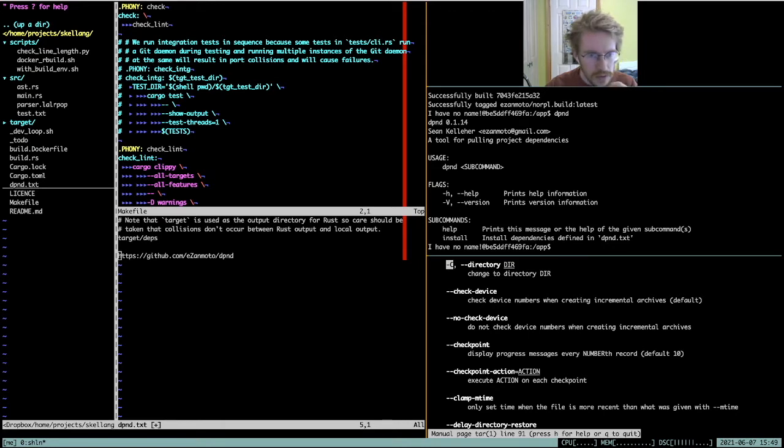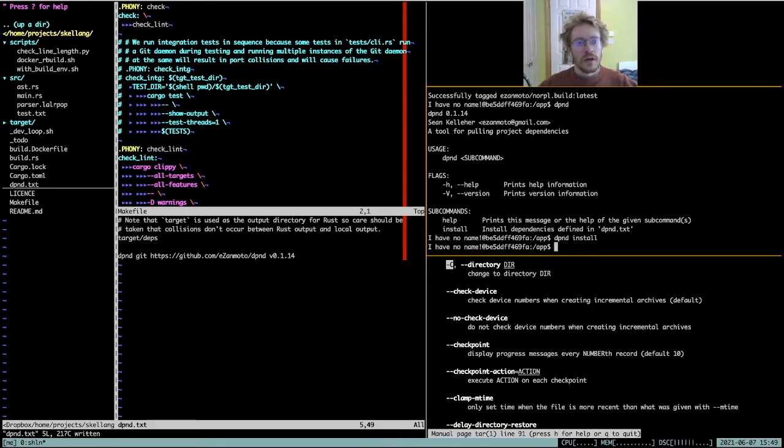Next, what's the syntax for depend.txt? So first is the name of the project, I believe, then the tool, and then the tag. So tag or checksum or what have you. So I'll just say v0, do that basically. And so if I go depend install, and that means in my make file that